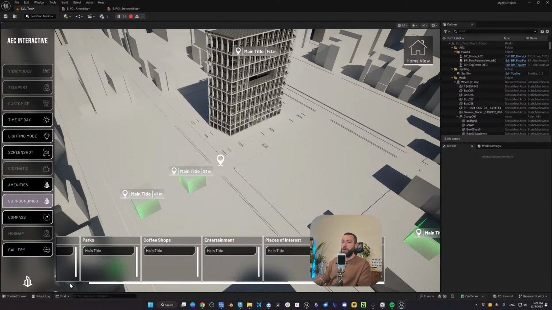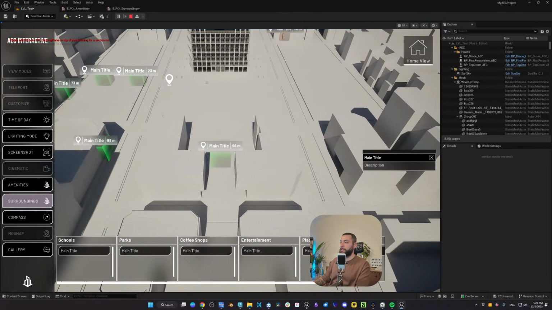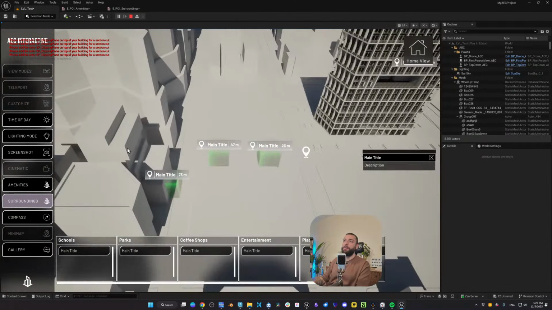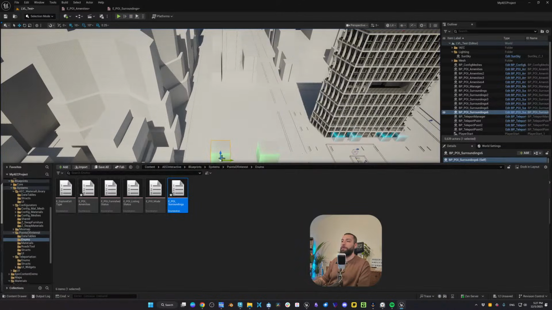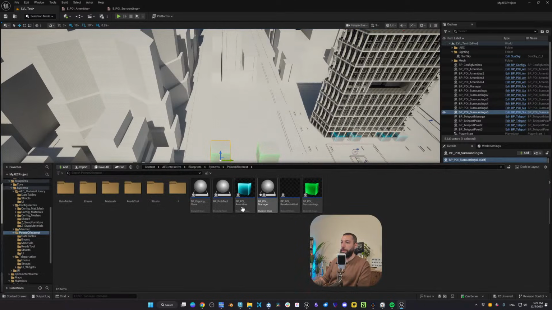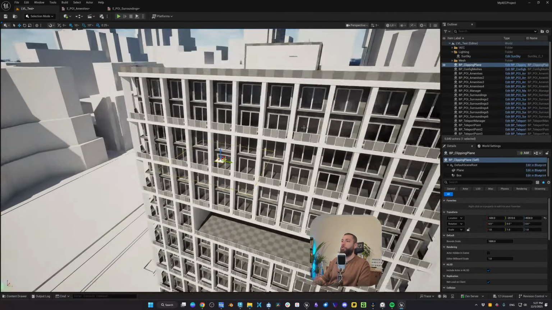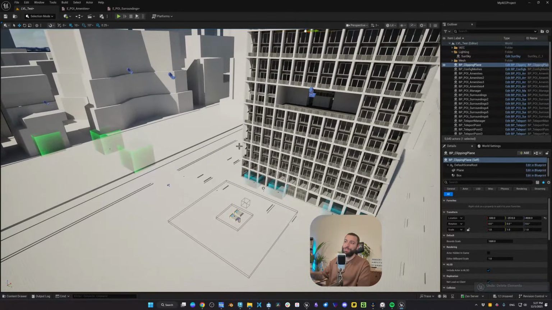Okay. So now, of course, each of these has one button. So let's say the coffee shops, this one is the hello here. So when you click, you will basically teleport. Here we are getting a warning that we need an actor called clipping plane, but this won't appear if you package your project. It would appear only for us, the developers. So that actor can be found here. So the clipping plane, you click and drag and simply add it on top of your building. We'll talk about this in a second, but let's just add it so we won't see the warning.